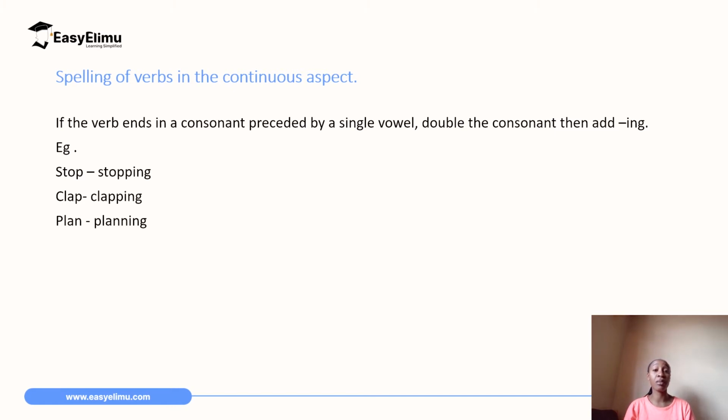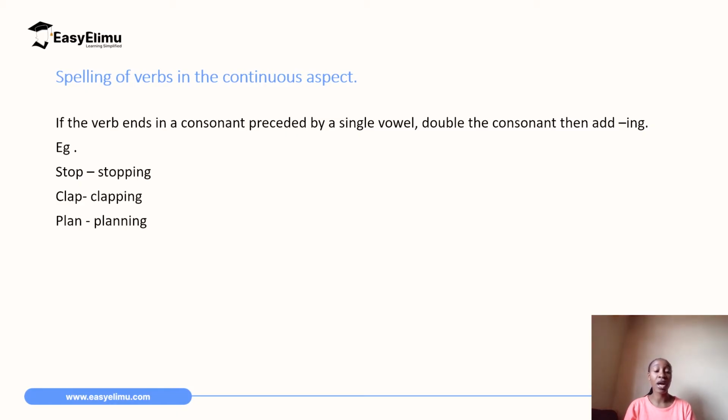It ends in P, which is a consonant, and that P is preceded by O, and O is a single vowel. So we will double the P, so it will be S-T-O-double-P and then